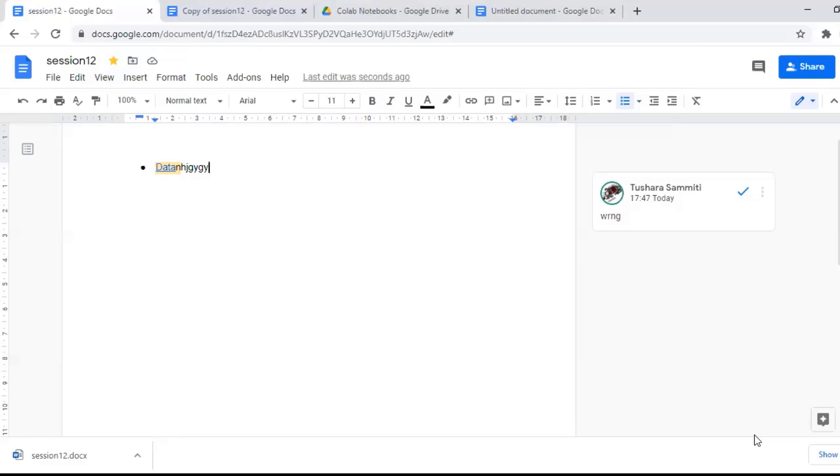Okay, and one of the best things is that Google Docs has a huge storage space as it is provided by Google itself, and we can store a larger amount of data, right? So these are the main uses of Google Documents. So this is the end of the session on Google Documents.